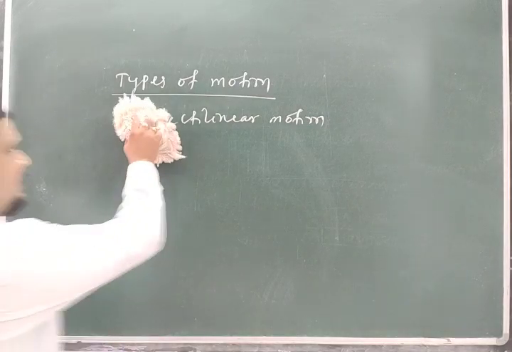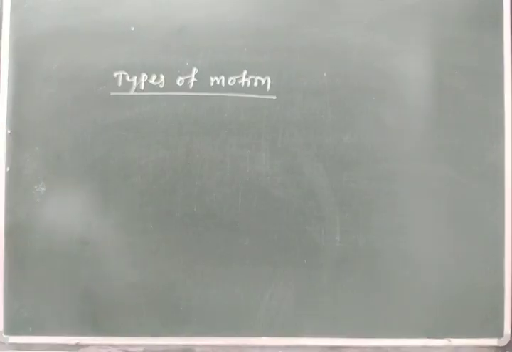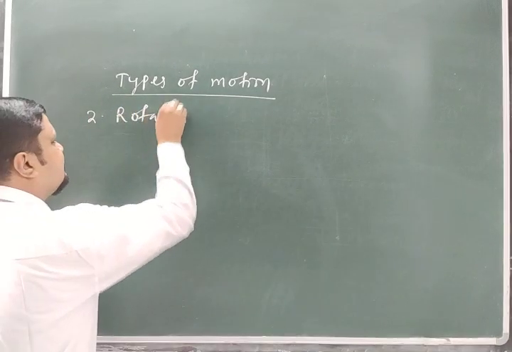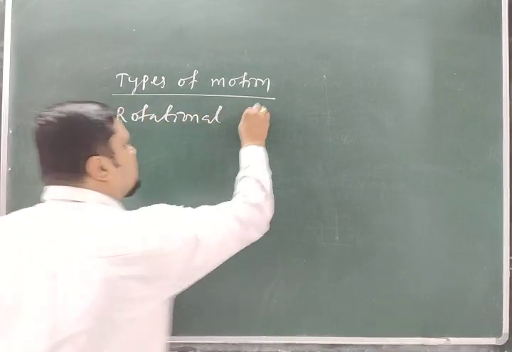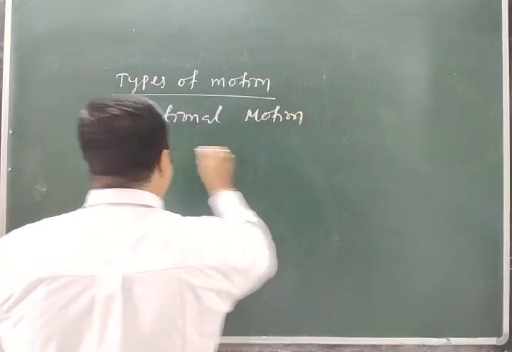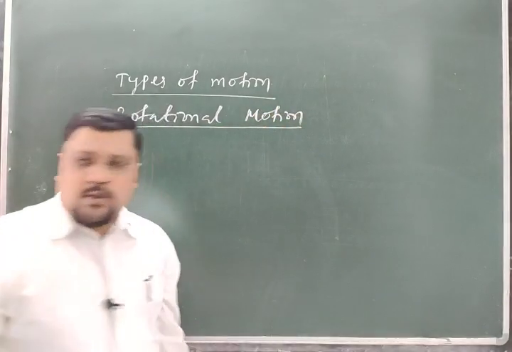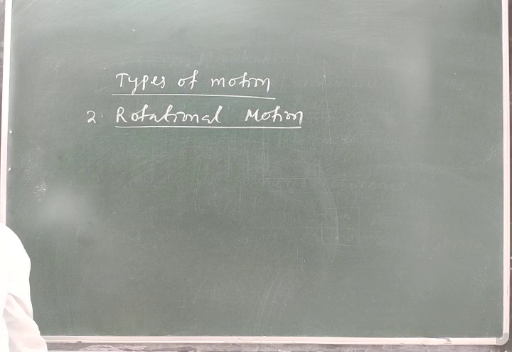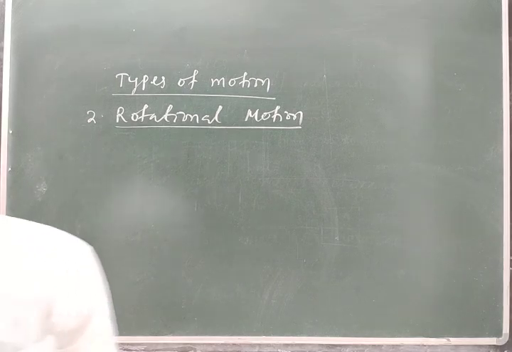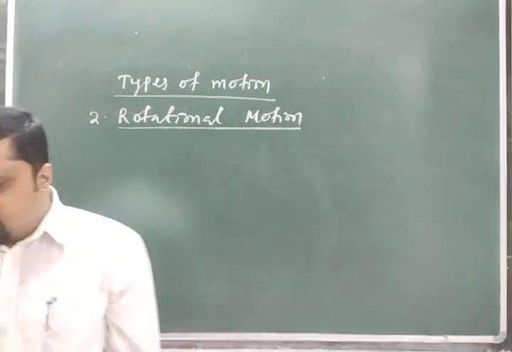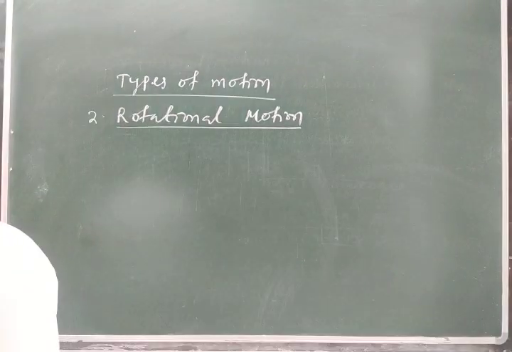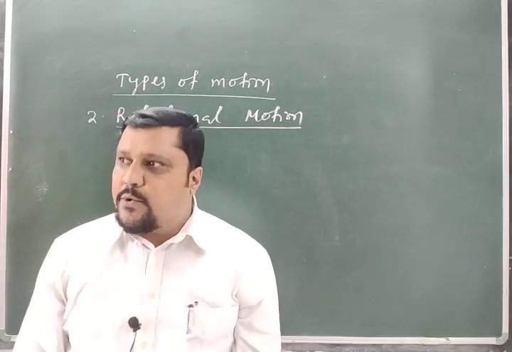Then number 2 is the rotational motion. What is this rotational motion? A body has rotational motion if it moves around a fixed line, and that line is called the axis of rotation,